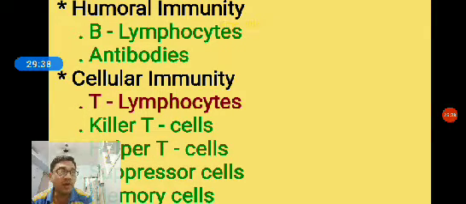If the same type of pathogen occurs in future, a second time, then what happens? The memory T cells stimulate the killer T cells directly to kill the specific type of pathogen. Okay, this is about the